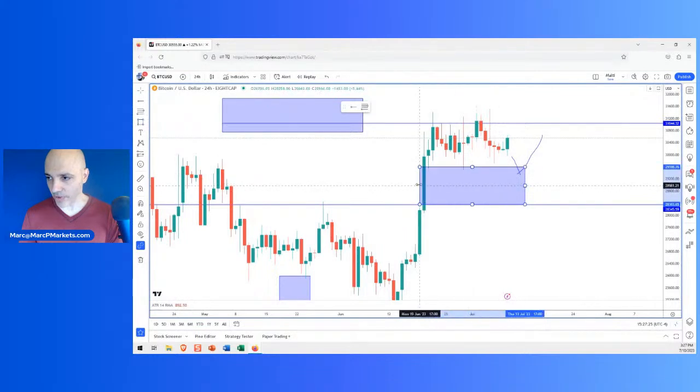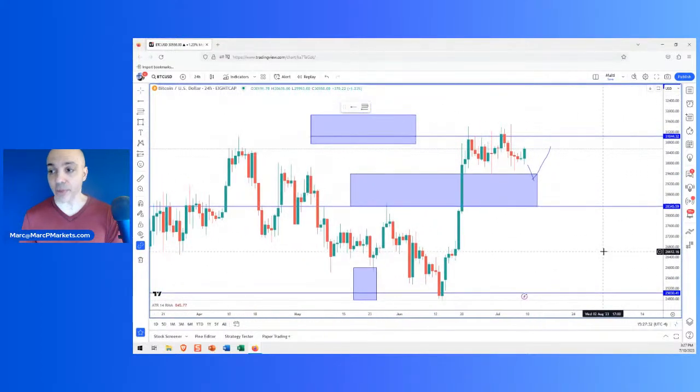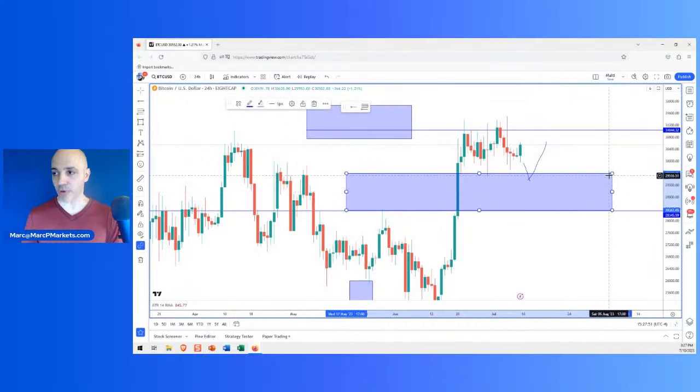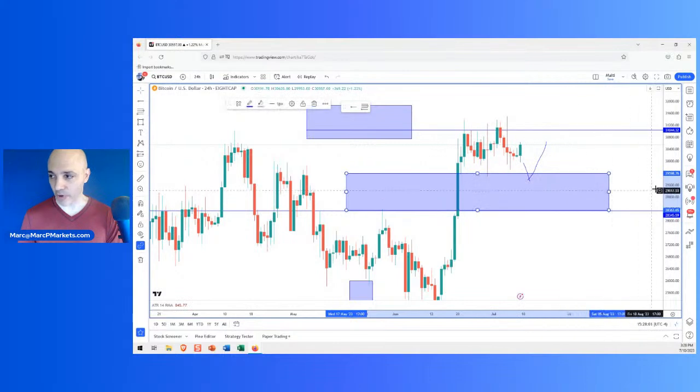So with Bitcoin, this situation that we have right here, you see this rectangle, this blue square that I drew on the chart? This right here is our swing trade support. If you're interested in swing trades, I'm very specific about that because day trades are another story. As you can see, Bitcoin is trying to make a move here right now. I drew this squiggly line on my chart because I want to see the retrace into this support level if I'm going to take a swing trade long. Why? This is the 29.5 to 28 even support zone.